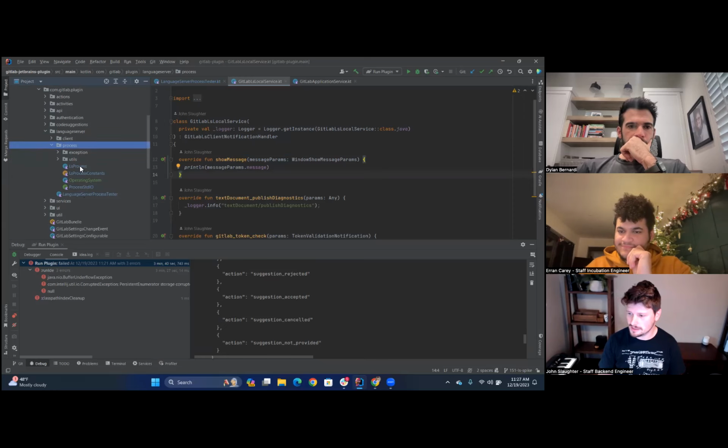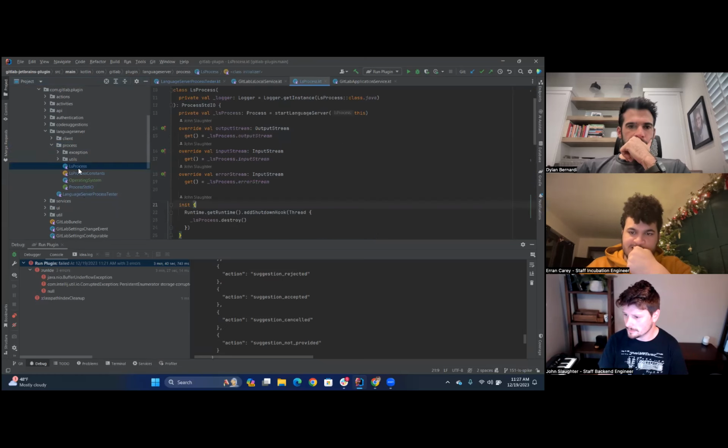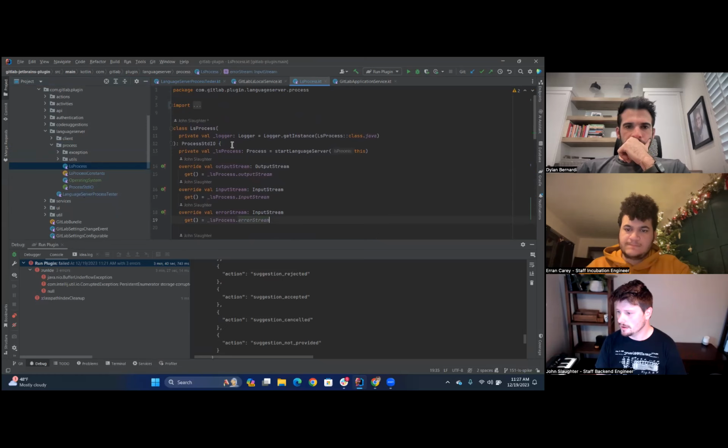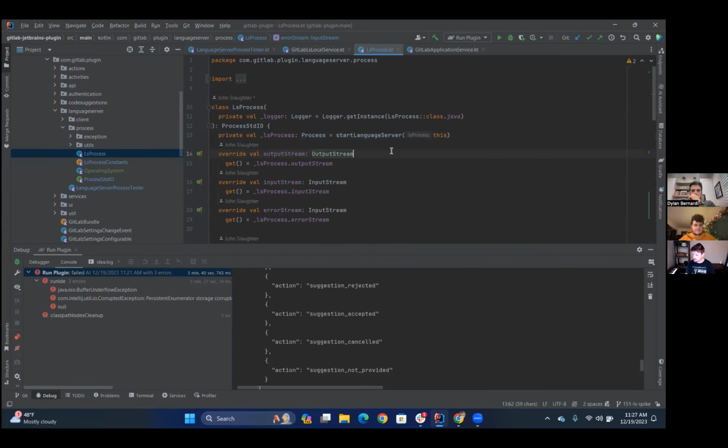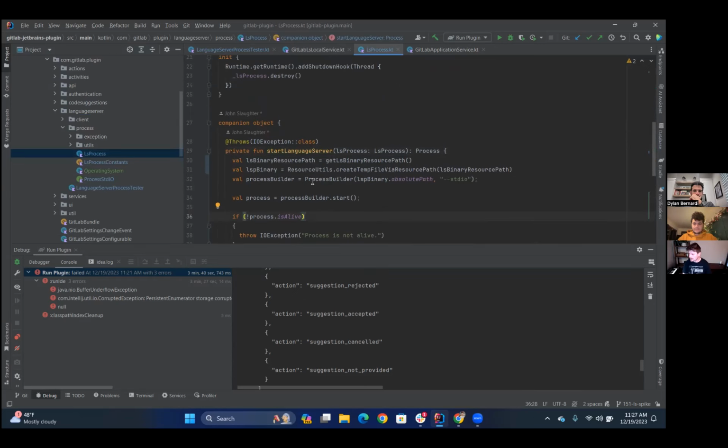So under language server process, our entry point is our LS process, where at construction of this object, it does a start on the language server. This may not be how we want to do things, but for this, it's what it does. What starting a language server does, we can jump into that, is it actually finds the binaries, which I bundle in with the jar. And we may not want to do this because it makes that jar much larger than